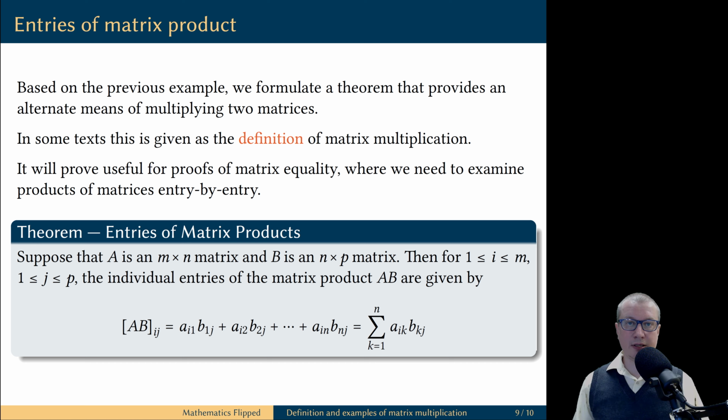Notice that in this long summation, the indices i and j are fixed, but what changes is the index in the middle. Therefore, we can represent this expression more compactly using the sigma notation. k ranges from 1 to n. It is equal to the number of columns in the matrix A, which is the size of each row, and it is equal to the number of rows in the matrix B, which is the size of each column.